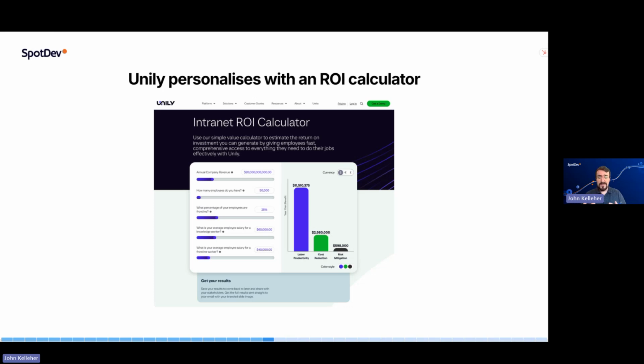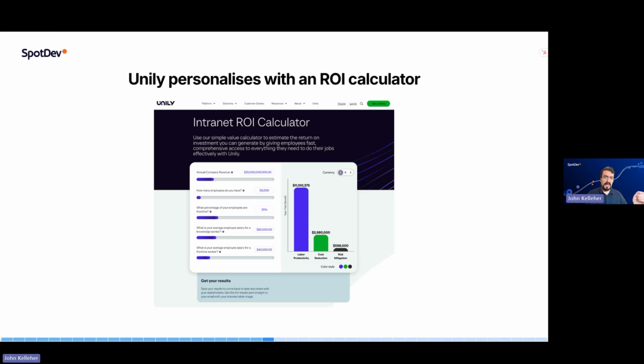And this sort of thing, ROI calculators, they're not new. They've been around for a long time. They're just much more straightforward to implement now than they had been in the past, thanks to AI tools in the first place, or AI-sped development, but also because there's an awful lot more examples around for you to draw from. We'll look at some more calculators in a moment, but I do want to flag